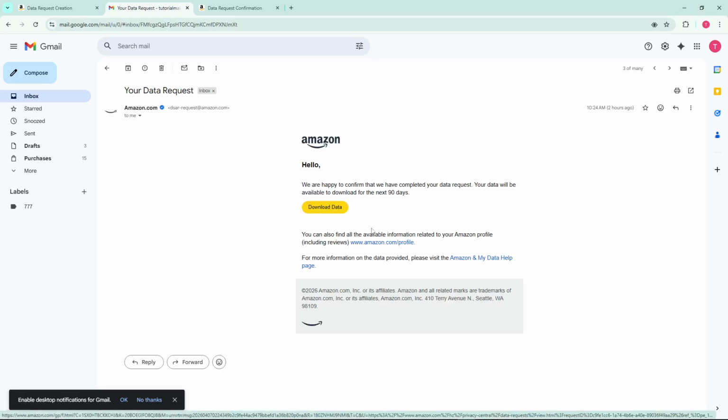When you receive this second email with the download link, open it and click on Download or the link labeled Download Data to retrieve your file. Save the file to your computer in a location where you can easily find it. Then open it using a spreadsheet program like Excel or Google Sheets. Once opened, you'll be able to view your complete purchase history data with all the details about every order you've ever placed on